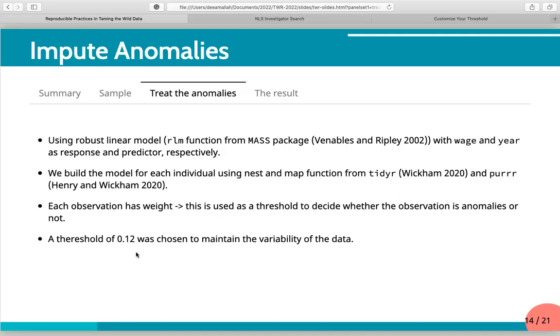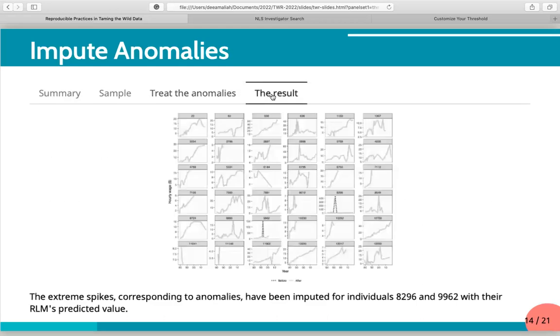So we are not trying to make the wages as smooth as possible, but we just want to treat the extreme values like I showed before. And then here is the result. We can see that some people still have the variability. The dashed line is the before, and then we can see the after, they are already taken down. So we impute the extreme values with the predicted values from the model.